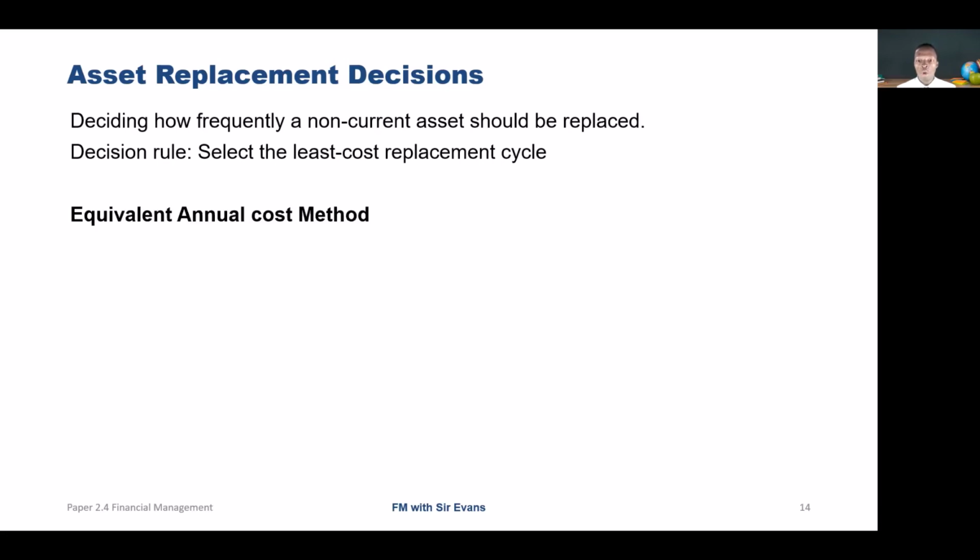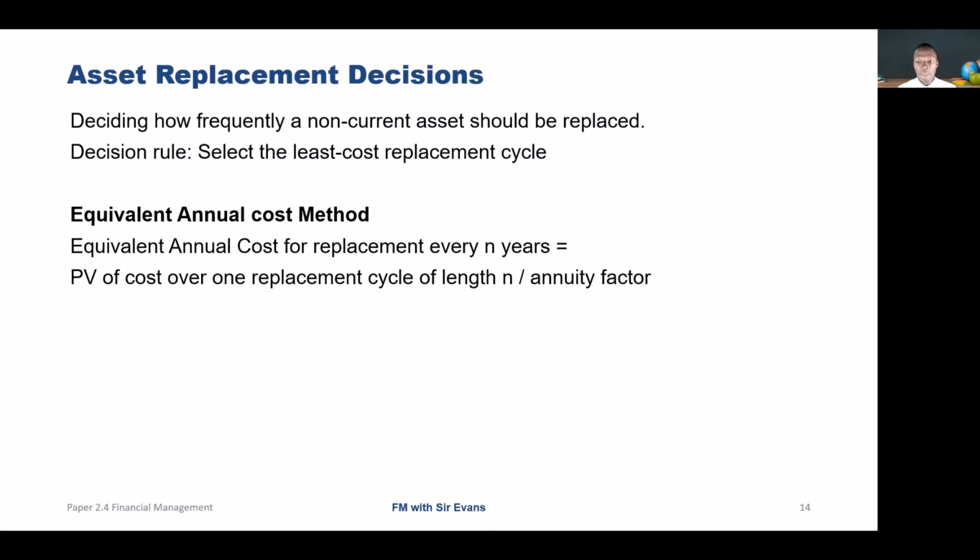Now, equivalent annual cost method. For this one, for each choice of the replacement cycle, the PV of the cost is calculated over one full replacement cycle with the asset purchased in year 0 and disposed at the end of the cycle. So the PV of cost is then converted into an equivalent annual cost or annuity. So the equivalent annual cost for replacement every n years will be equal to the PV of cost over one replacement cycle of length n over the annuity factor, and the lowest equivalent annual cost